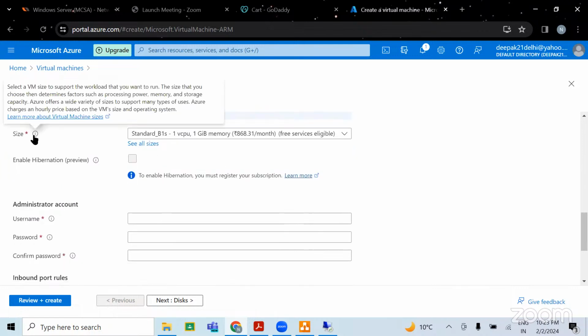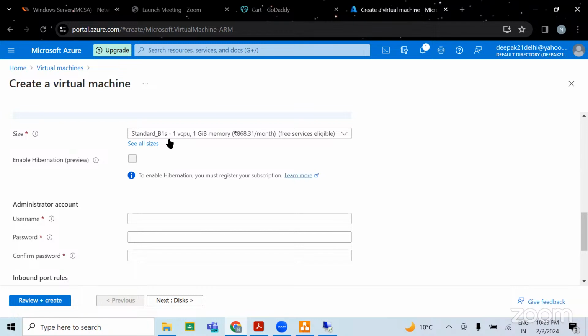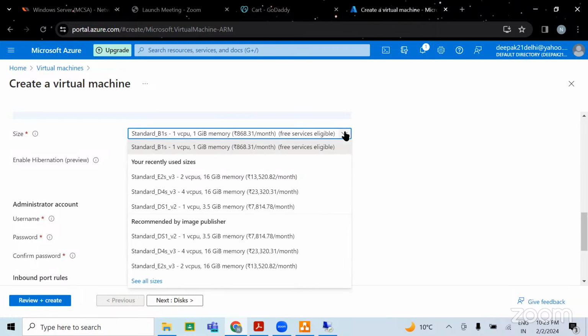So now size of the virtual machine. You can see one virtual CPU and 1 GB RAM, but I can increase it. I can make it two virtual CPU, 16 GB RAM, four virtual CPU, 16 GB RAM. Obviously guys, the higher the compute power, the higher the processing of the server. As simple as that. You can take your own example. If you have an i7 processor and one has an i3 processor, obviously i7 will work faster than i3.